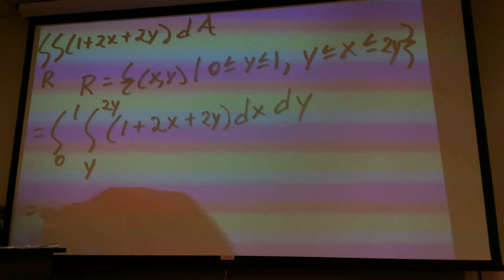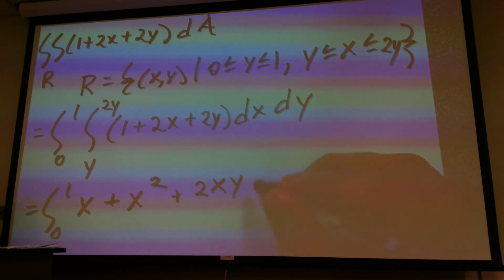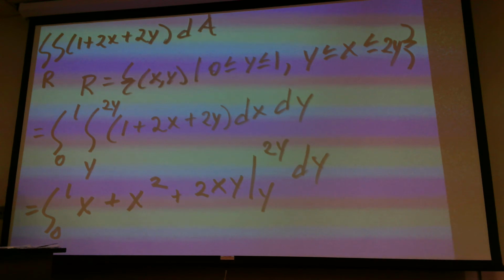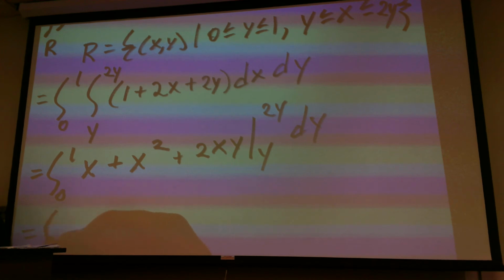So, we have the integral from 0 to 1. This is going to be x, well, plus x squared, because it becomes x squared divided by 2, so the 2's cancel each other out. And plus 2xy, now this has to be evaluated at y and at 2y, and we're going to integrate with respect to y. Okay, so that's going to become the integral from 0 to 1